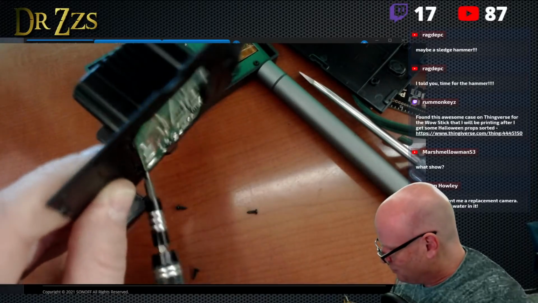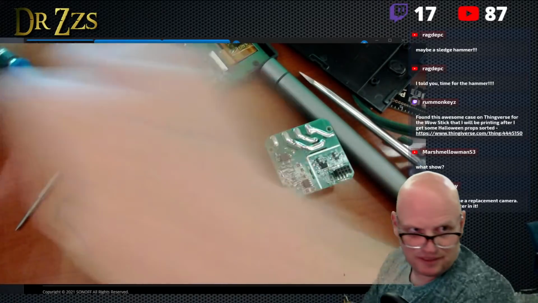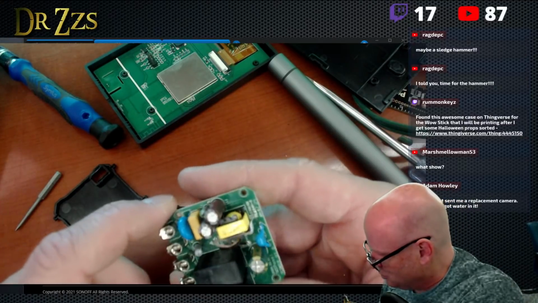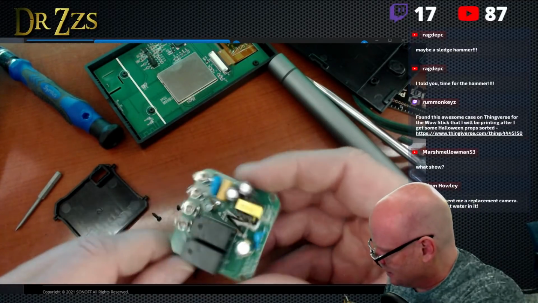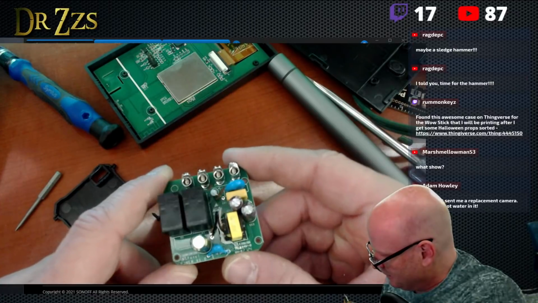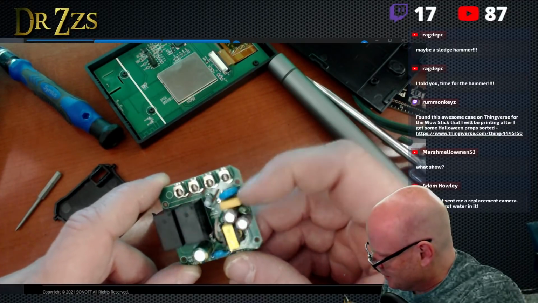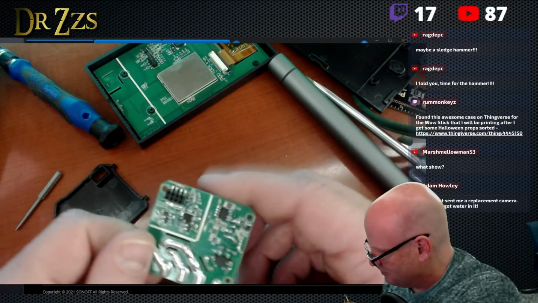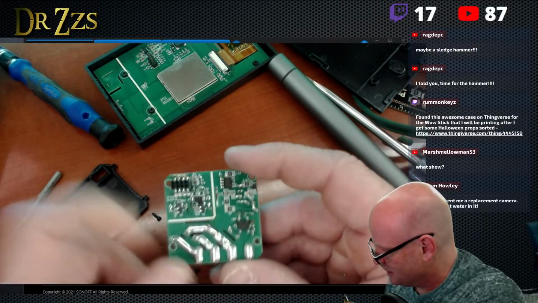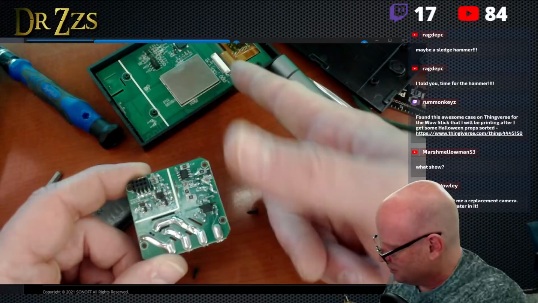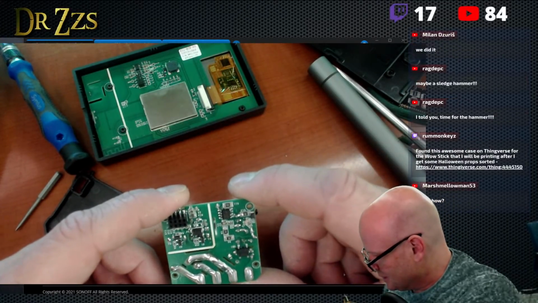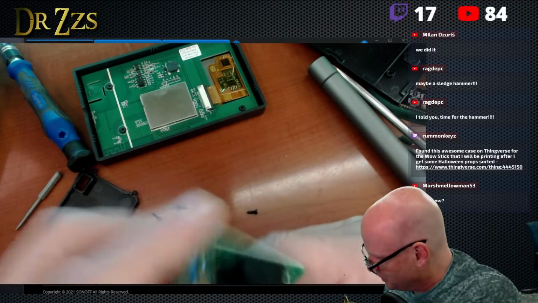I gotta give Sonoff some credit also for still being in the race. It's pretty much a 2-year world these days. Yeah, that's it. Simple. This is taking some of the 120 volts, dropping it down, turning it DC, sending it to the control board part. That's about that. And then just 2 relays here.